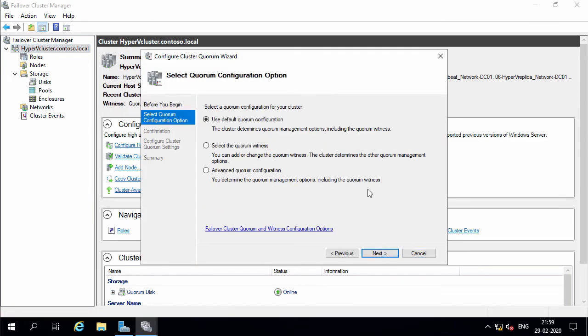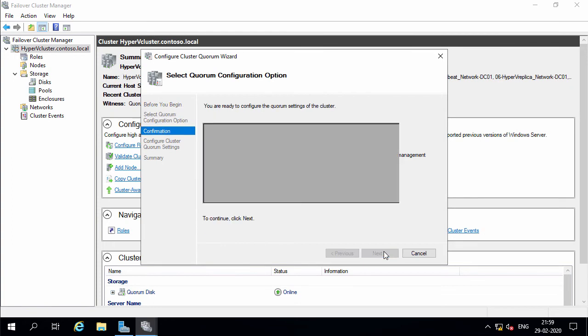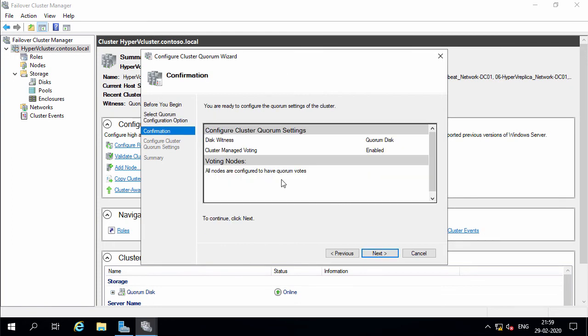In the select quorum configuration option screen, there are three options available: use default quorum configuration, select the quorum witness, and advanced quorum configuration. Selecting the option use default quorum configuration and clicking next would allow the cluster to automatically select the best quorum configuration that provides the highest availability for the failover cluster.